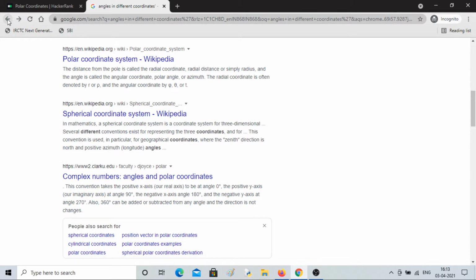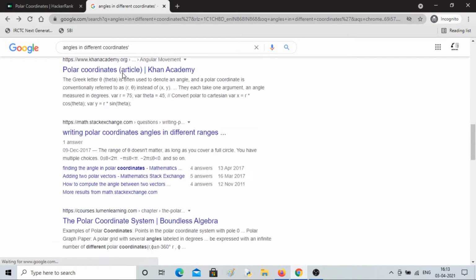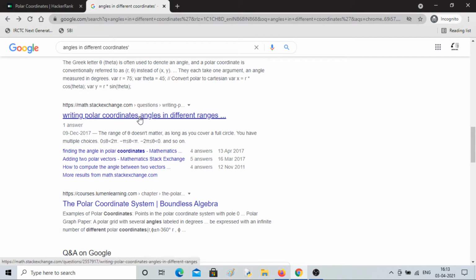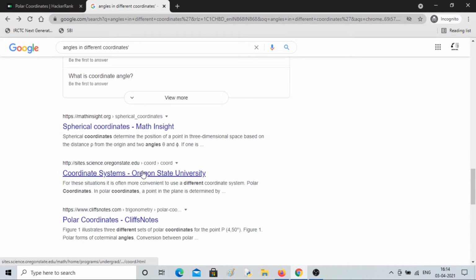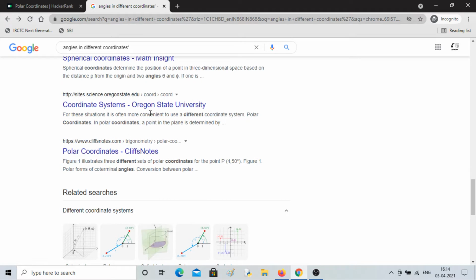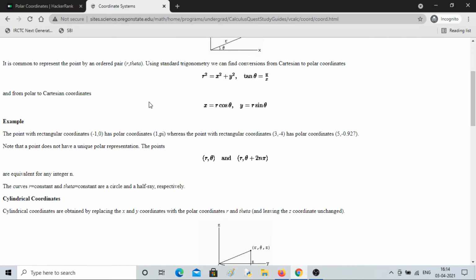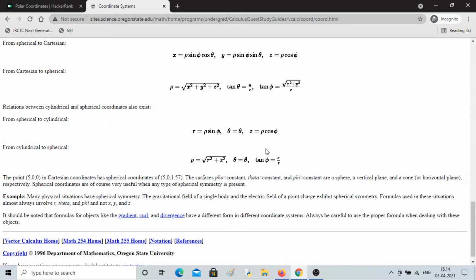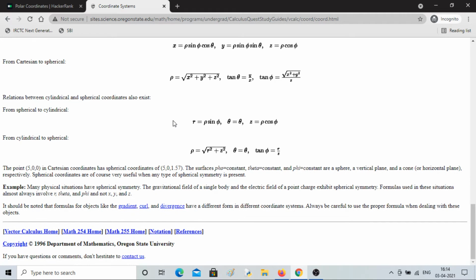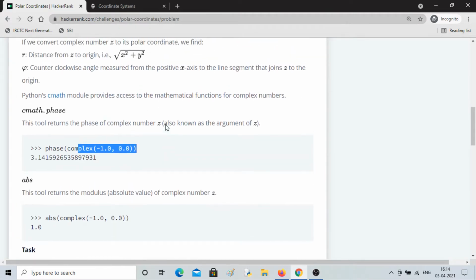If you are in the second quadrant, you have to do 180 degrees minus to calculate the angle from the positive x-axis. If you have a mathematics background, then you might know what I'm talking about. You don't need to calculate it, but still, okay, just leave it. So what it is doing is, since x is in the negative direction, you can see this x value is negative and the y value is 0.